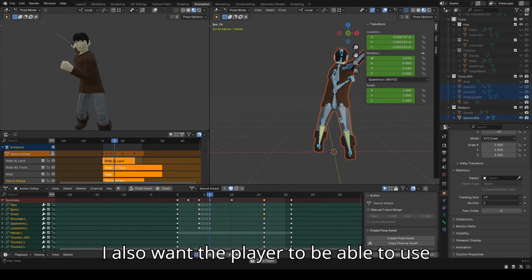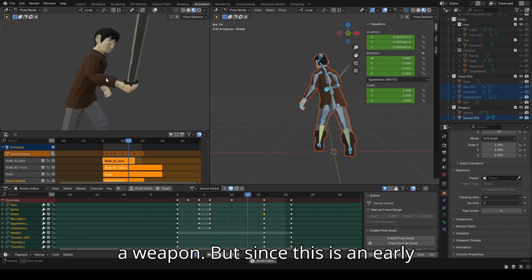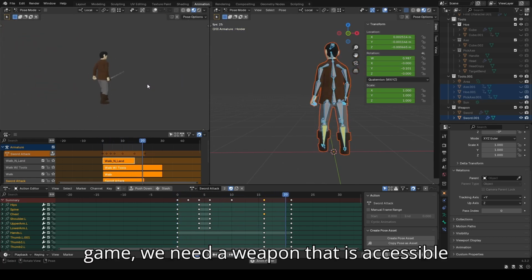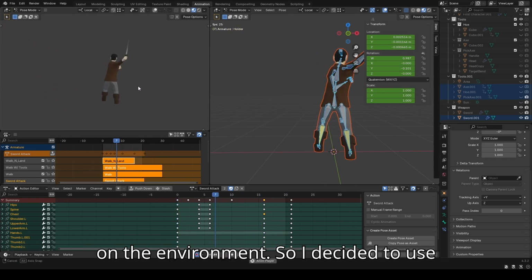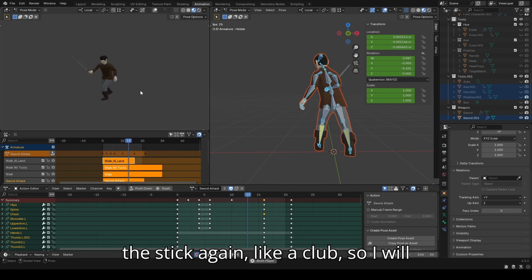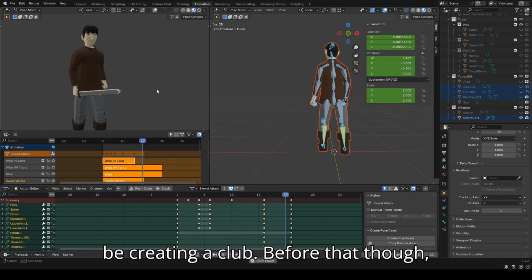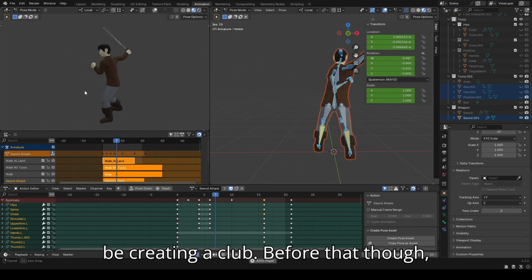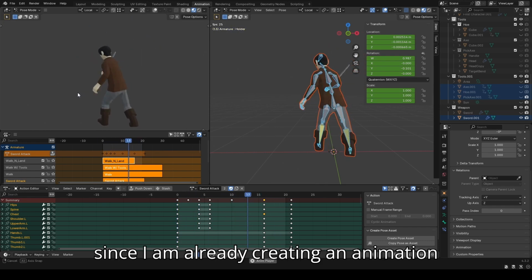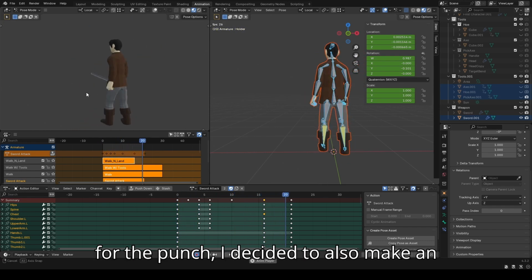I also want the player to be able to use a weapon. But since this is early game, we need a weapon that is accessible in the environment. So I decided to use the stick again, like a club, so I will be creating a club. Before that though, since I am already creating an animation for the punch, I decided to also make an animation